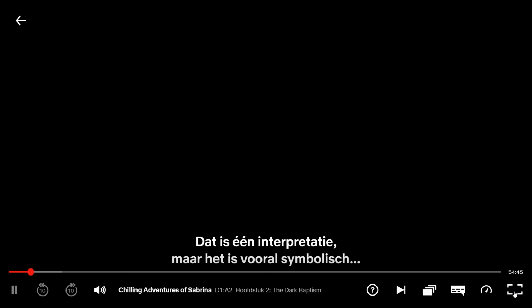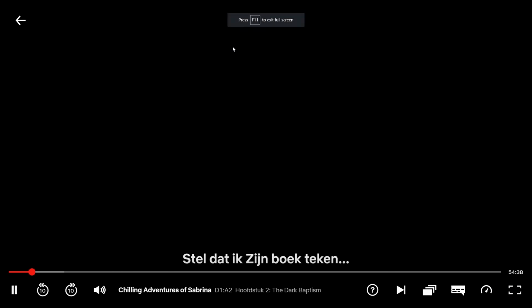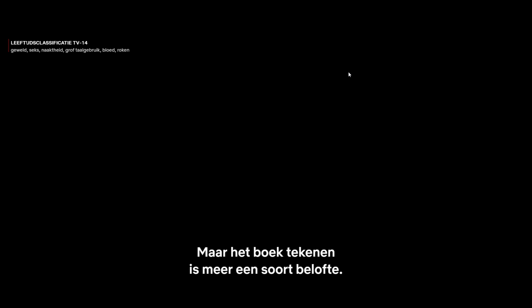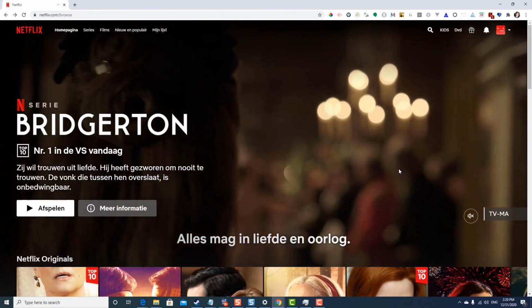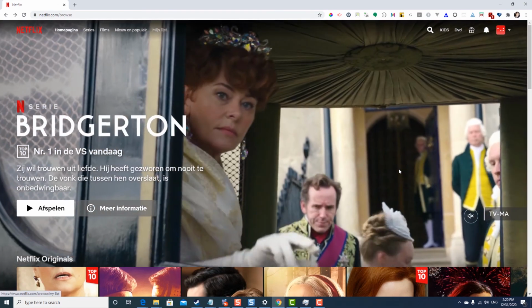Let me try to exit with my mouse. I don't understand what this button is for if you can't make this small. If this is not announced by screen readers, then it's going to be difficult for them to escape. So let's press escape, or F11. Well, would you look? F11. I have escape full screen, and then I guess you press the arrow. The UI is kind of confusing for keyboard. I don't like that for keyboard users.